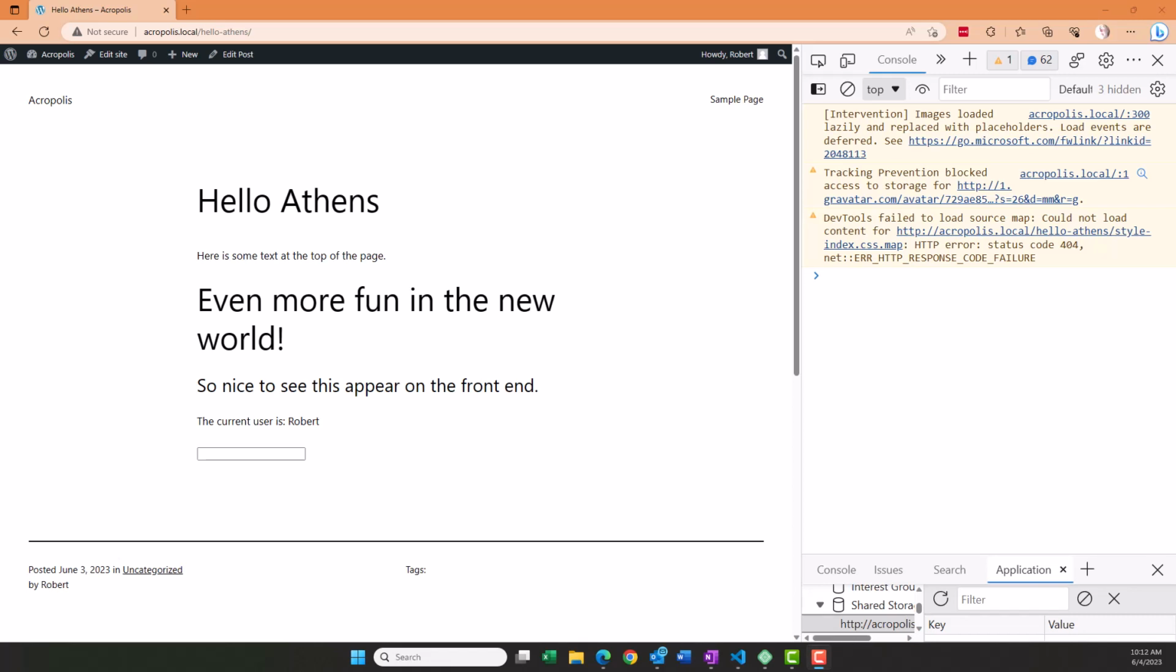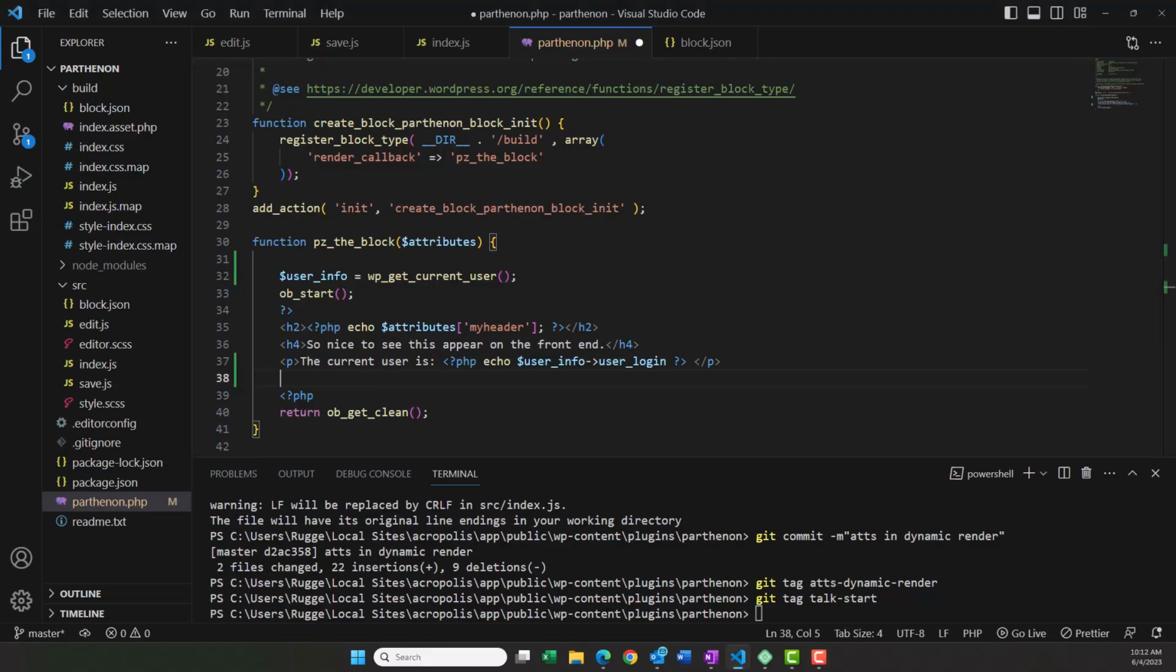Okay, now we would like to get some JavaScript running on the front end, so it will essentially run after the PHP dynamically renders the block for the front end. And so in order to do that, I'm going to flip back over here to Visual Studio Code, where right now we're in this